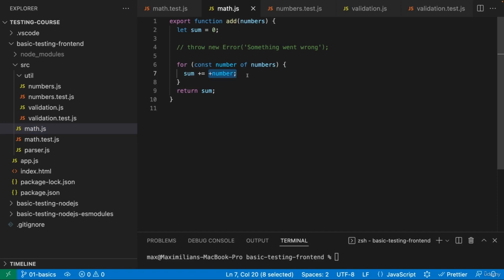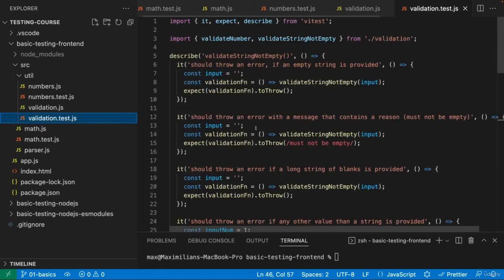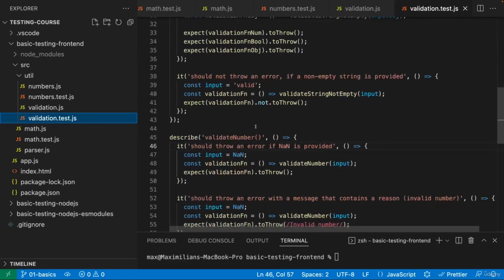Even if you never use a function in the wrong way in your program, you still want to test for things that could theoretically go wrong, because you want to make sure that when your program changes over time and your function maybe gets used differently in the future, your tests tell you immediately about potential problems you could face at that point. So you want to be creative, you want to test for different things, and if you have